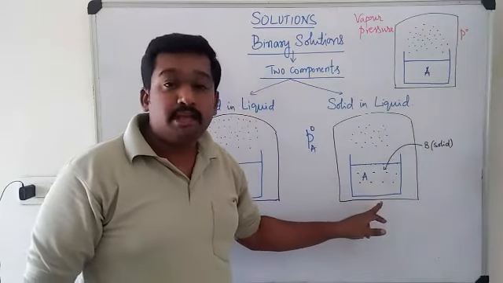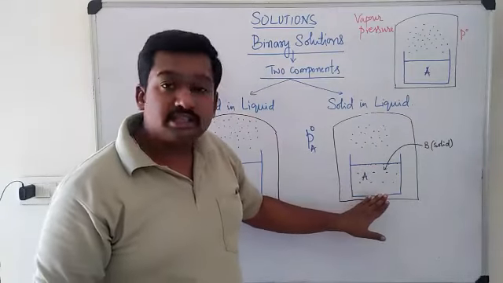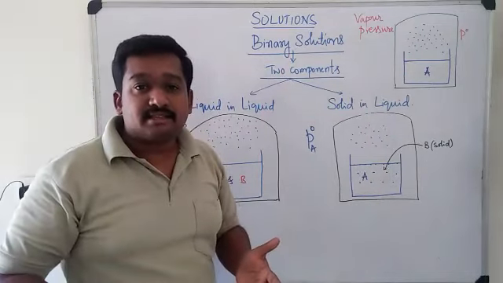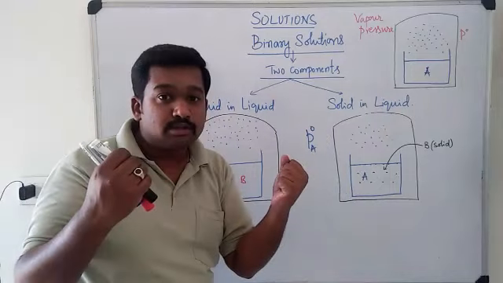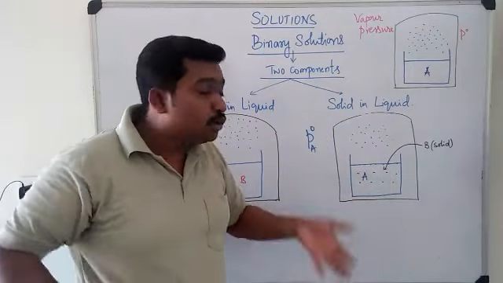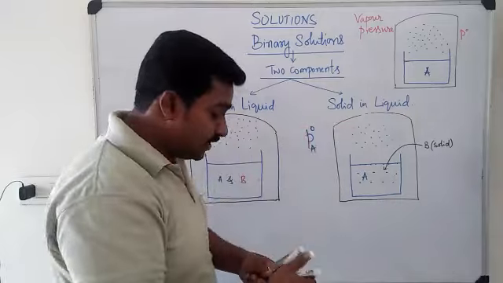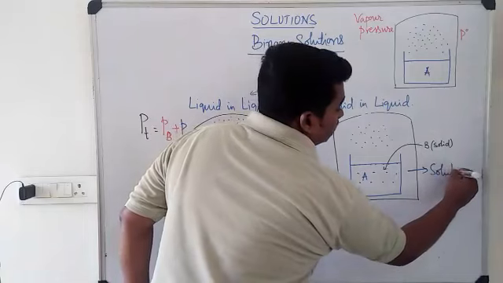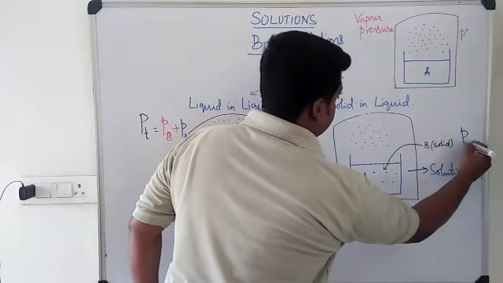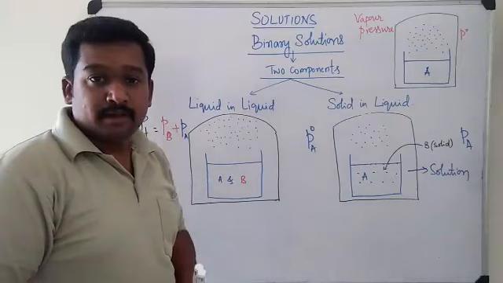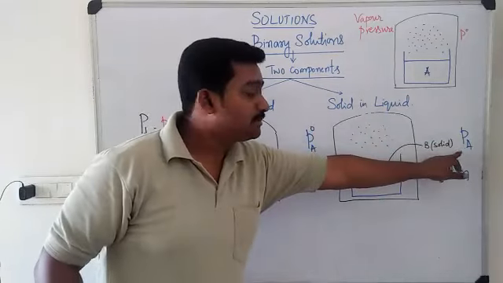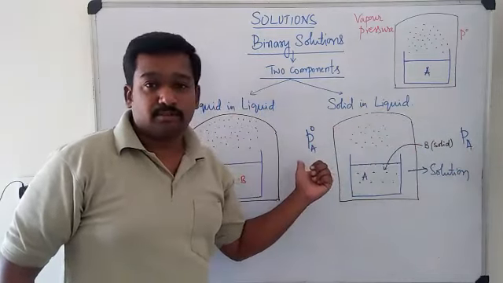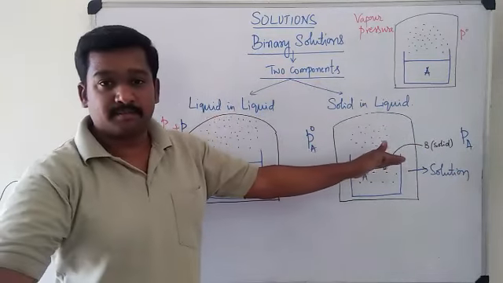Now upon adding a solid B, since it is distributed throughout the solvent A, there was a decrease in the vapor pressure. Evaporation decreases. The particles of B hold the molecules and do not allow molecules of A to evaporate easily. In such a case, there will be a decrease of the vapor pressure, and now for the solution the vapor pressure will be simply P A. It was P A naught. Now it is P A, and it is very clear P A is lesser than P A naught. There is a decrease in the vapor pressure.